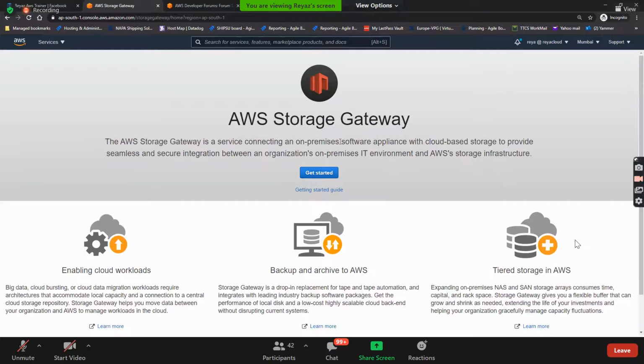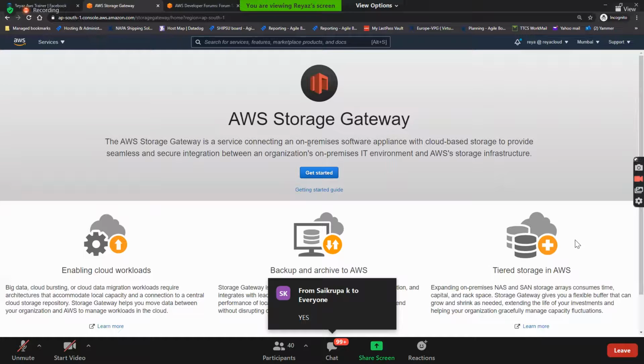Simply, it is used to synchronize the data from on-premises to AWS storage, meaning S3, EBS, or Glacier. Are you following? Okay, nice.